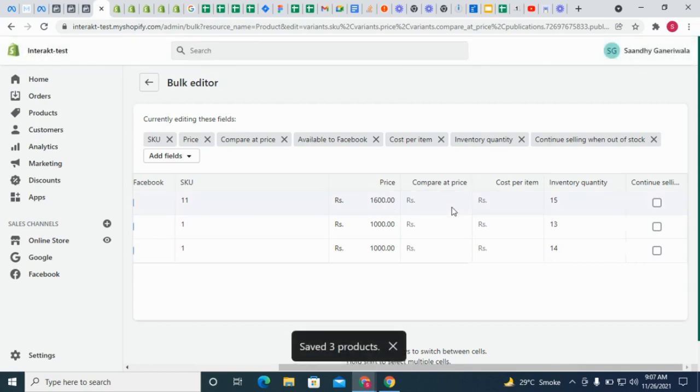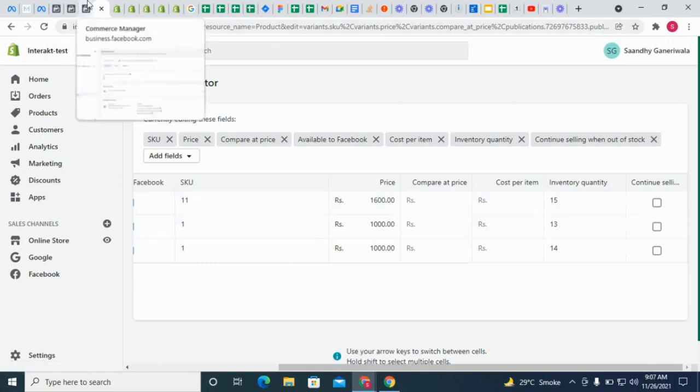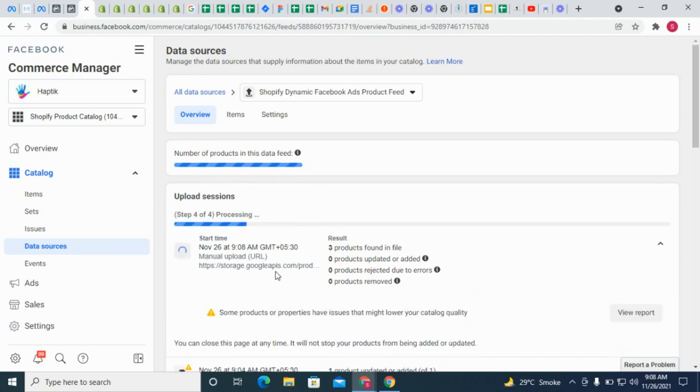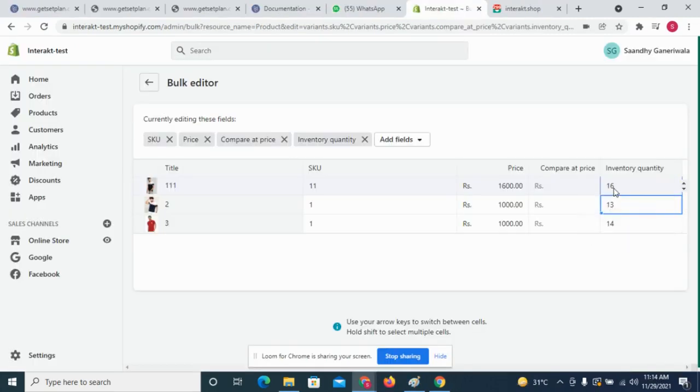As soon as you do this, in a few minutes, all your Shopify products should start getting updated on Facebook like this. And when this update is happening for all the products, the country of origin will also get added for all the products. Later, you can simply change the inventory quantity again to its old value by subtracting 1 or 2 from the old quantity.